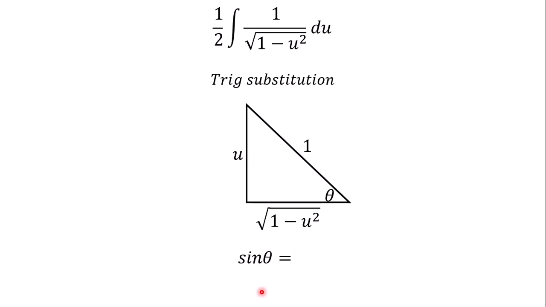Okay, so now let's form our ratio. Sine theta is equal to u. Now let's differentiate. When you differentiate, you get cos theta d theta is equal to du. Now, as I said, let's find another ratio that can replace the whole of square root of 1 minus u squared. I know that cos theta is equal to square root of 1 minus u squared over 1, but the whole of this over 1 is the same thing. So when you go back to the integral, you replace this one with this, du with this,